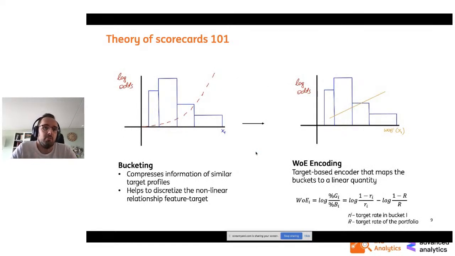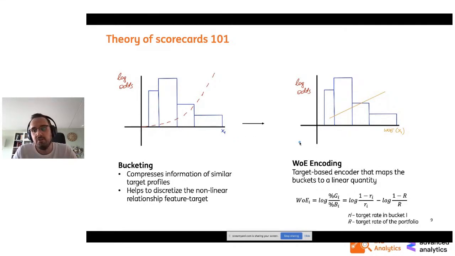Now, why do they outperform traditional models? What this bucketing trick does is deal with nonlinearity. Assume that you have a feature X1 here. This feature X1 has this type of relationship with your target. Here, I'm talking about the log odds, because that's the linear component of the logistic regression. Once you discretize it, say you define 4 buckets, you're compressing information and you're destroying this nonlinear